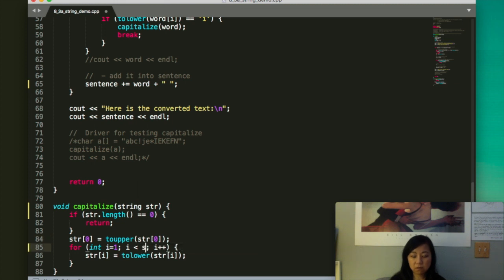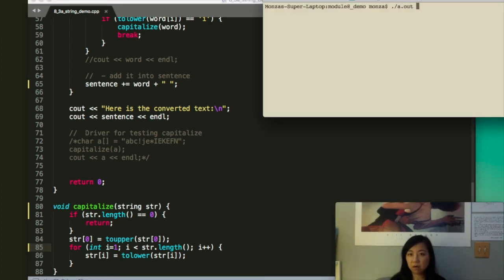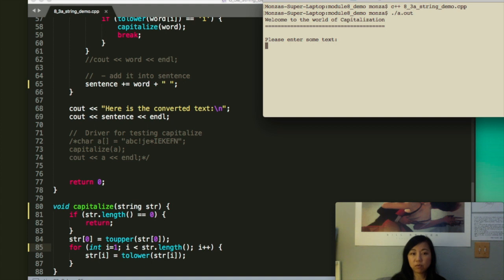Here is also we can change to the length. I think that's it actually. So let's see how that will go. So remember, this is the program that will change anything with an I to capitalize those words, right? So if we check,